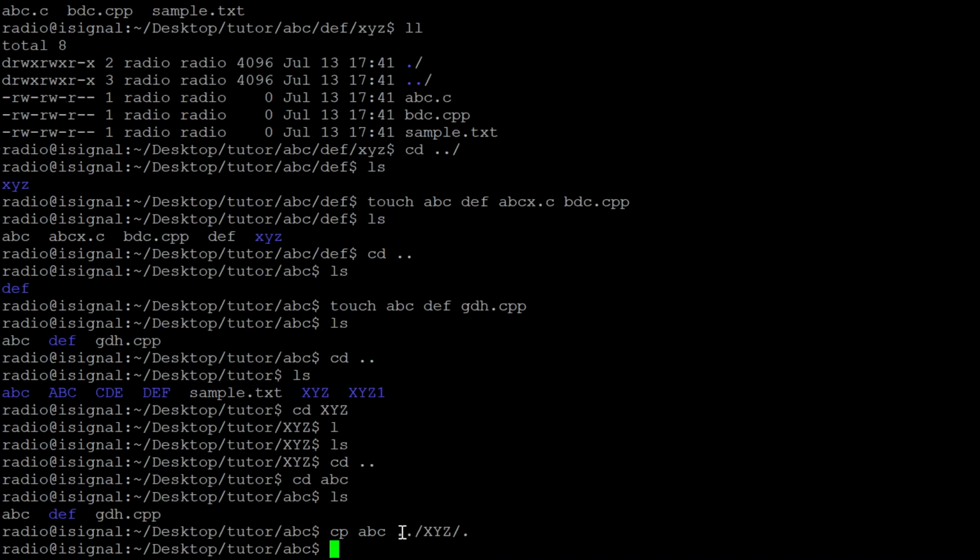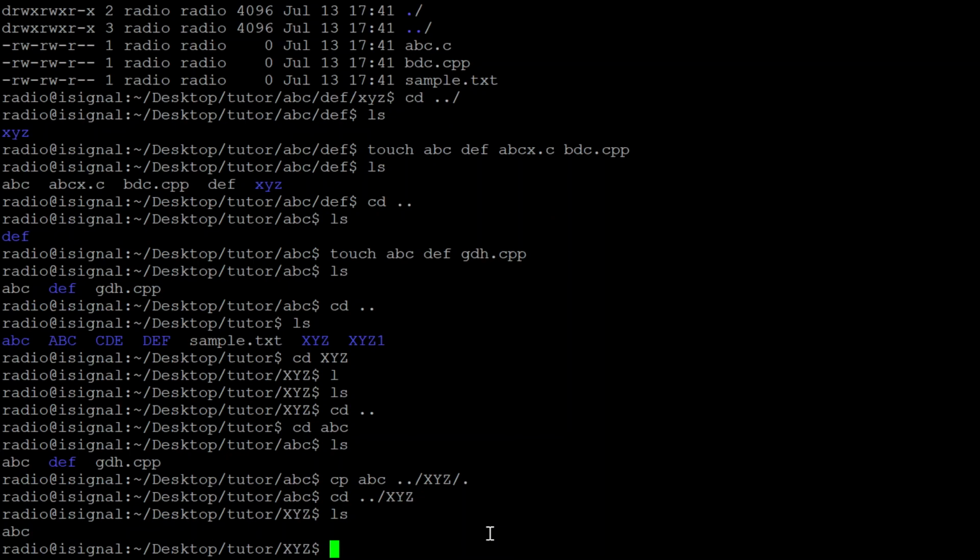So what I'm doing here is dot dot, which means I'm going one step back where tutor is present. Inside the tutor, what is our target directory, inside which we are going to copy the file ABC. So ABC I'm copying into this XYZ directory. Now let us check the XYZ directory whether the file is present or not.